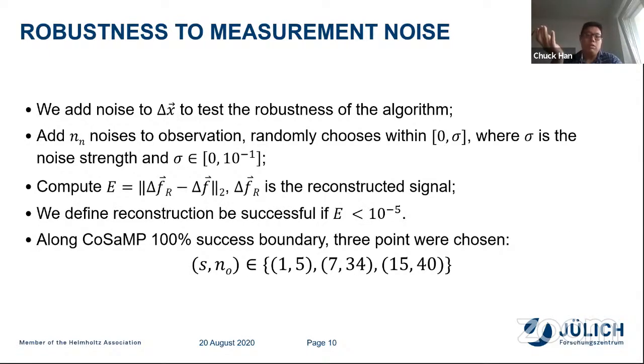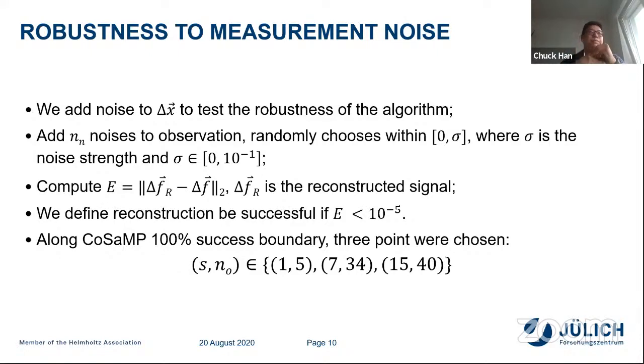Okay, so we know CoSaMP can reconstruct the delta F. However, in real-world situations, we don't have the privilege of such a perfect delta X, even though only a few observations come out of all the sectors. Sometimes those observations are noisy, so we want to test whether this algorithm is robust and can still reconstruct the delta F when there's noise present